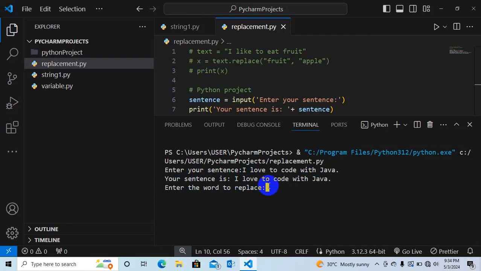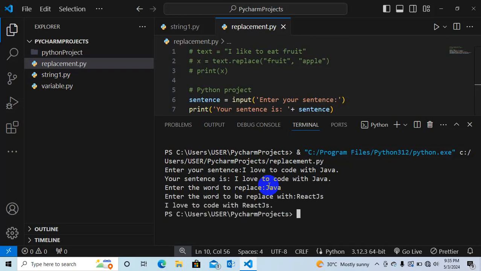Let's say we want to replace Java with React.js. So replace Java with what? React.js. You see, I love to code with React.js.